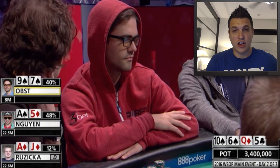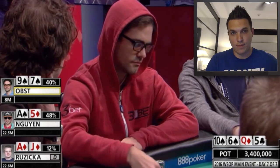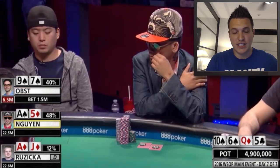Sorry, with a flush draw gut shot. So this bet, while it would be standard in a lot of situations, I think I would actually prefer to see a check raise all in. That way, if your opponent decides to bet and they are bluffing, you can get them to fold. You don't ever have to fold off your equity. And if the hand just checks through on the turn, you can maybe look to take a stab at it on the river. When you bet here, you're going to put yourself in a very tough position facing a raise,